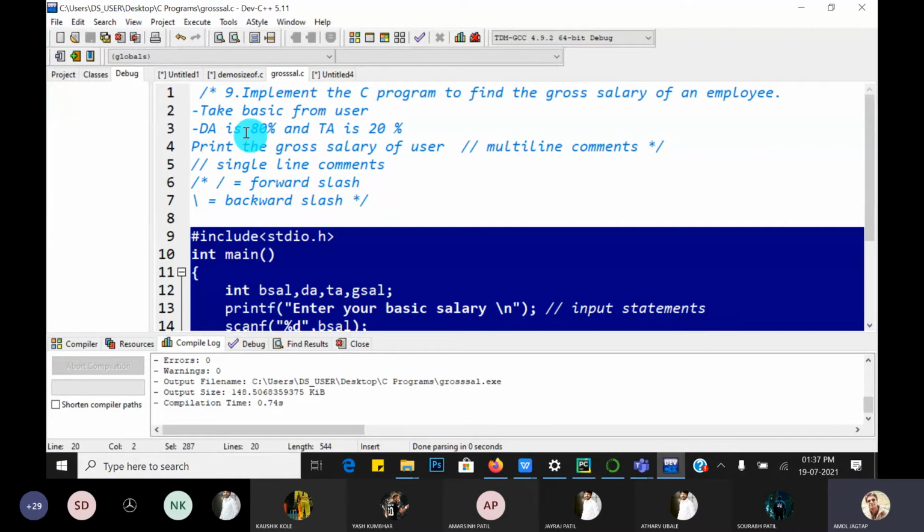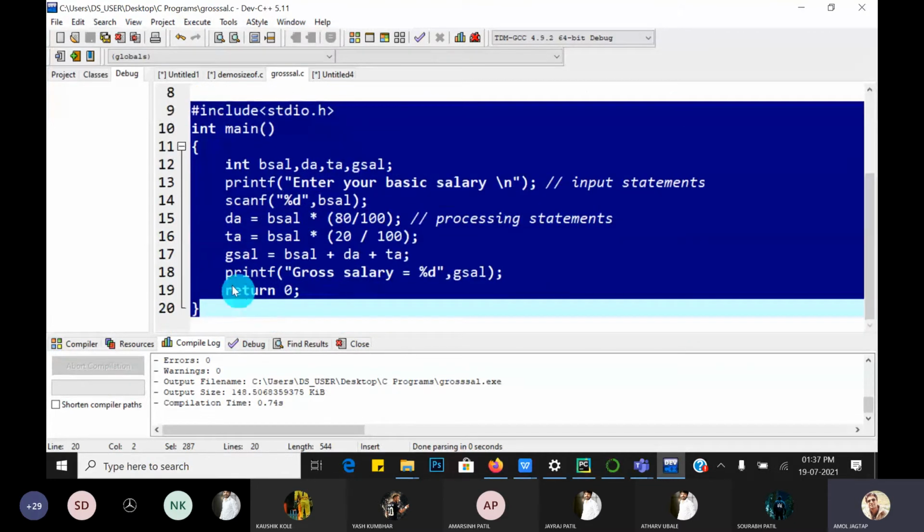On this basic salary, we have to calculate DA, TA and gross salary and display that. For displaying, the printf function is there, not scanf. Anyone else? Okay, there is a logical runtime error. Because when we enter the value, it does not move forward. Why does it happen? Let's check and tell me.